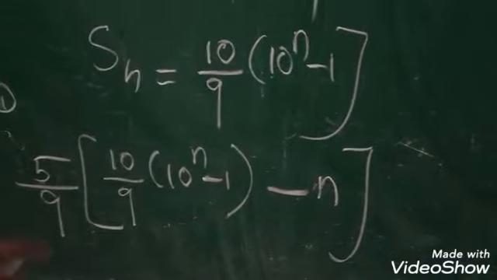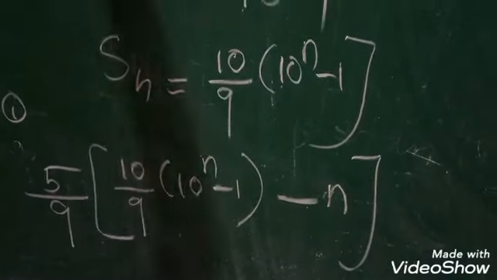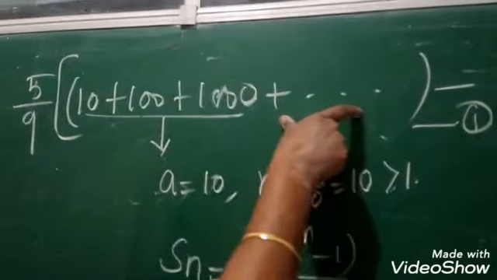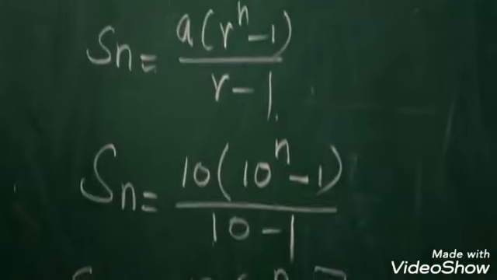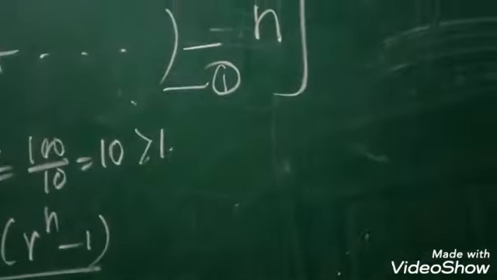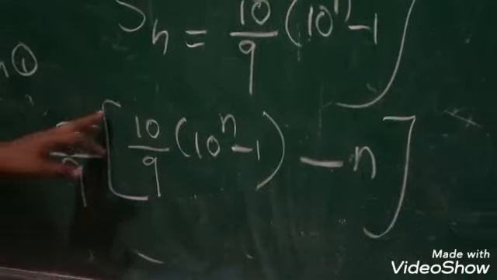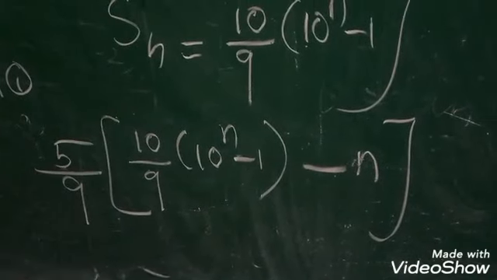Have you all understood these steps? Yes, these n terms I am simplifying in the Sn formula. Afterwards I put n. Okay, girls? Here, if you multiply, or otherwise let it be, it should be the answer. If you multiply, what is the answer? The 5 into 10 and the 5 into 9 into 9. So 50 divided by 81.